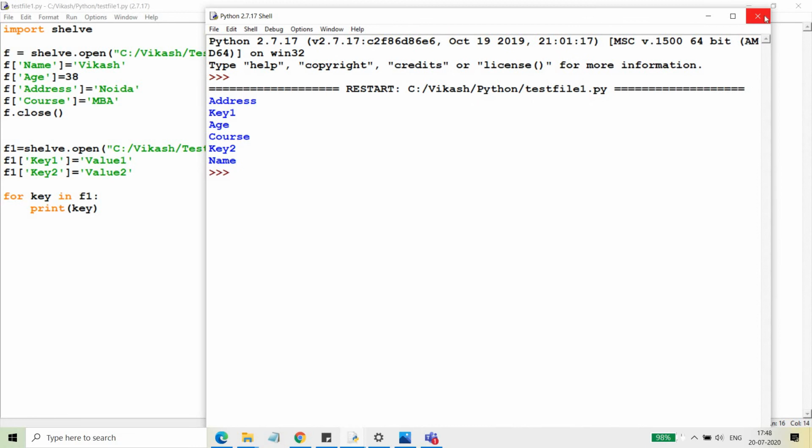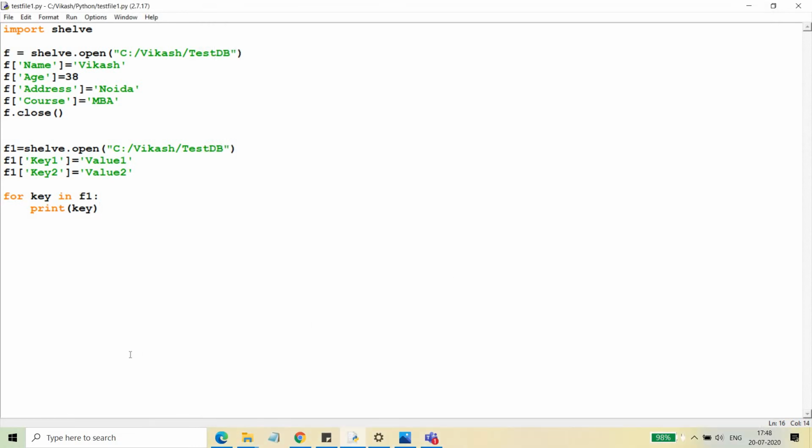So this is all for the shelves, and you can use this as you want, because it can be used for structured data, or if you want to create a small database, then in that case you can use the shelves, right? So I hope you have got the point of how it can be used. And the advantage of shelve over pickle is that in case of shelve, you don't need to load the complete file entirely in your program cache, right?